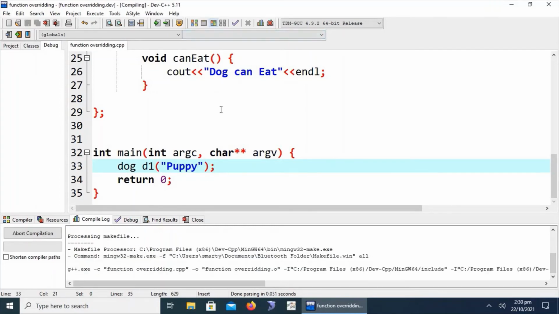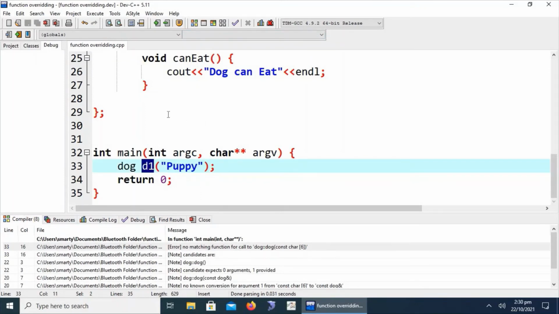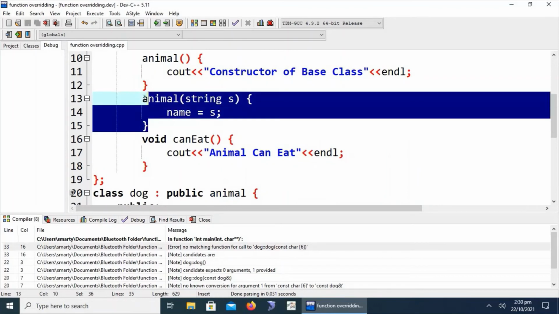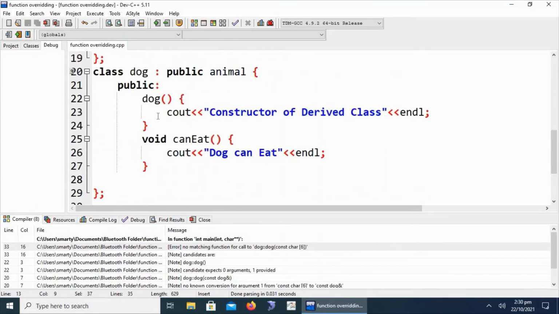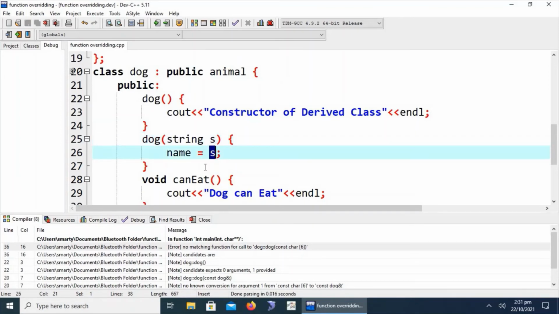Then it will generate an error because D1 has no parameterized constructor. For the time being we have to create a parameterized constructor in the dog class. Let's suppose this is string s.